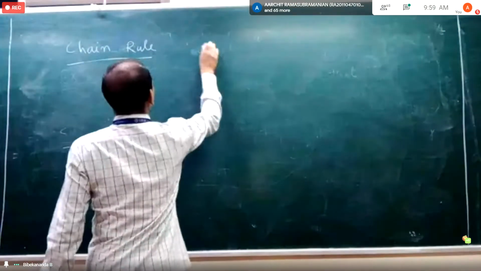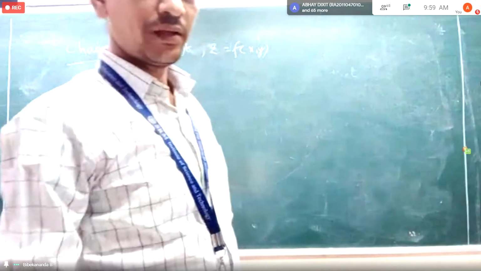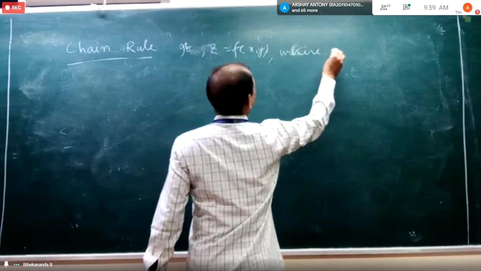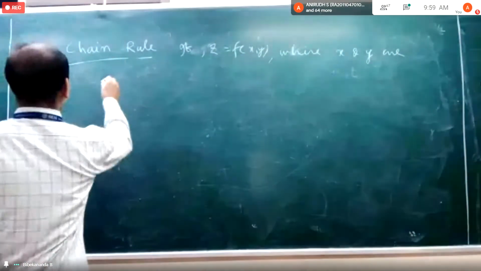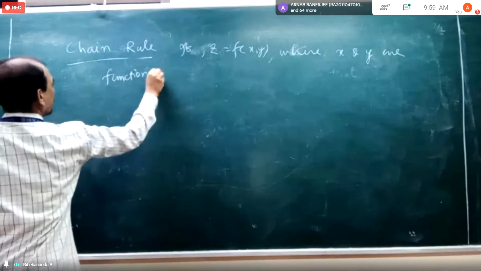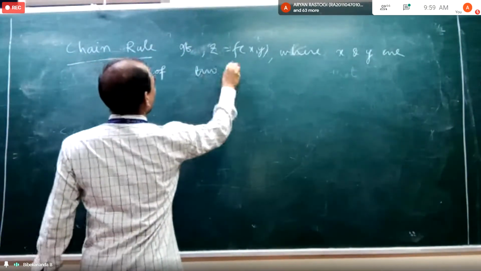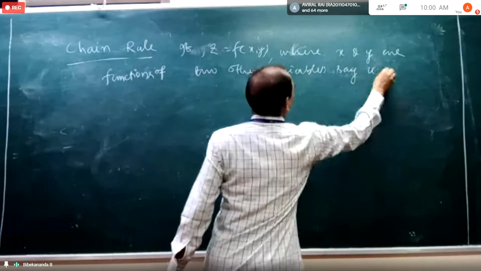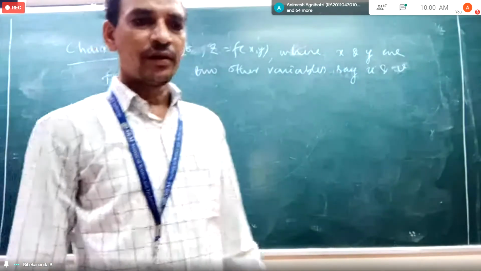Chain rule. Okay. If z is a function of x and y, if z equals f of x, y, where x and y are functions of two other variables, say u and v. Then